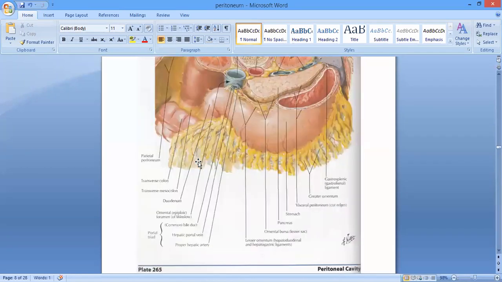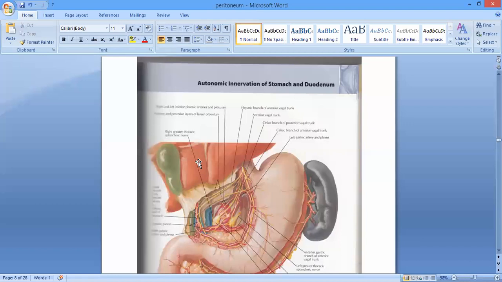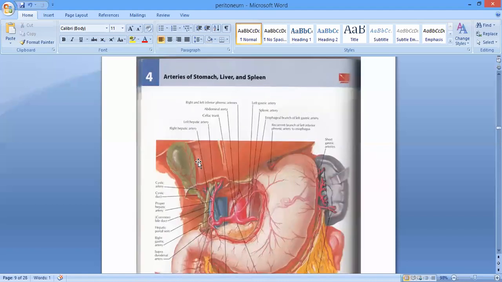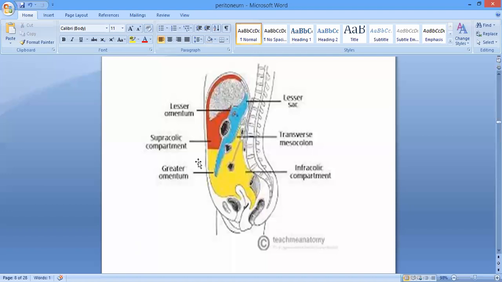You see this peritoneum is thrown into folds at certain locations, and at certain locations, when it is thrown into folds, it performs different functions. At specific places it performs specific functions. For example,